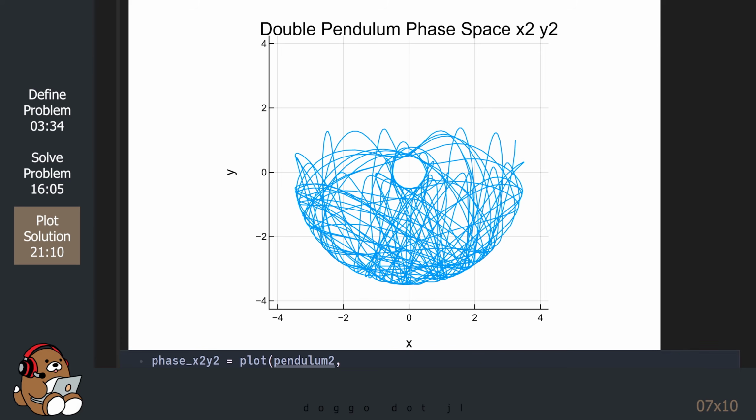So what are we looking at here? This plot shows all of the x2 and y2 coordinates for the second bob from time 0 through time 100. In other words, this plot shows the trajectory of the second bob. To say that this plot looks chaotic would be an understatement. But it's important to point out that although this looks random, it's not random. It's deterministic, so we can calculate the location of the first bob and the second bob at any time t, given the initial conditions.